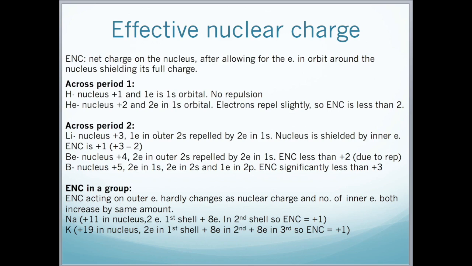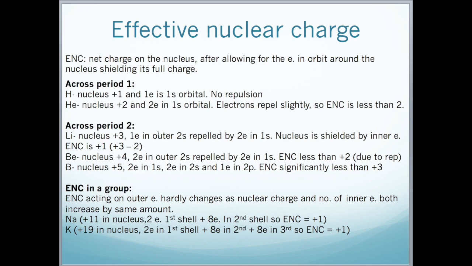This means that the nucleus is shielded by the inner electrons, and the effective nuclear charge is approximately +1. So how do we calculate the +1 charge? This is done by minusing the 2 negatively charged inner electrons from the +3 charge of the nucleus,